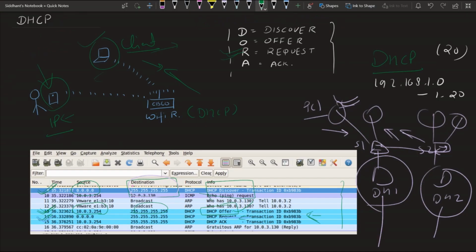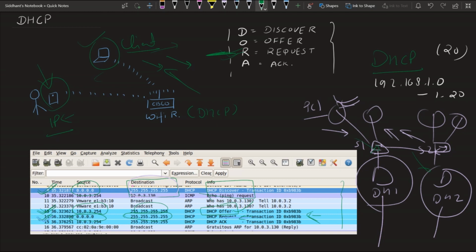The device sends this request packet back to the DHCP servers. The destination is also our broadcast destination, and the source IP address is still 0.0.0.0. So the IP address has still not been assigned in the third phase, the request phase. It is sending its request back to both of those servers, while accepting one of the IP addresses.